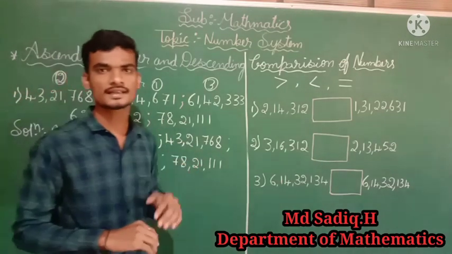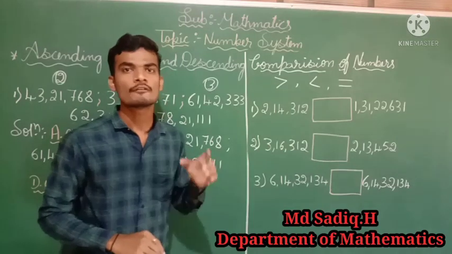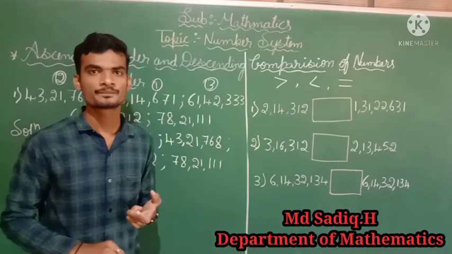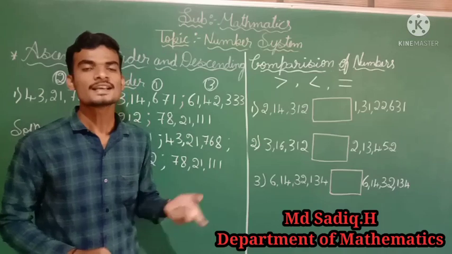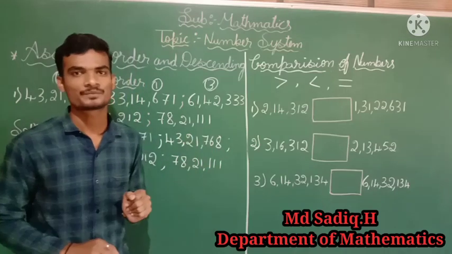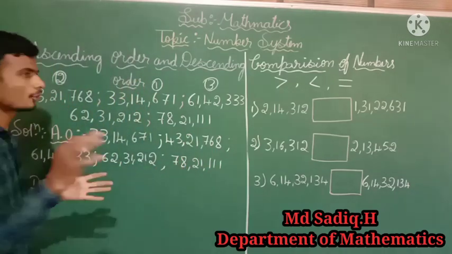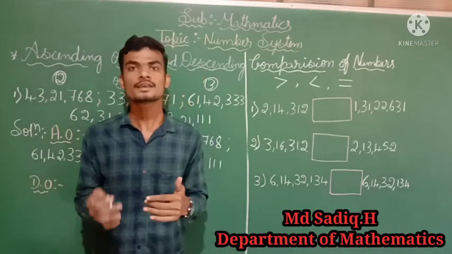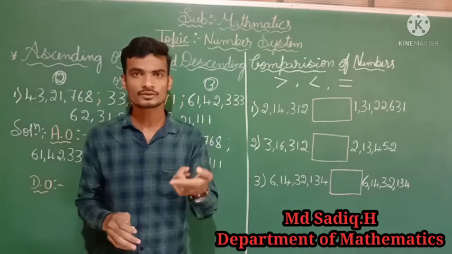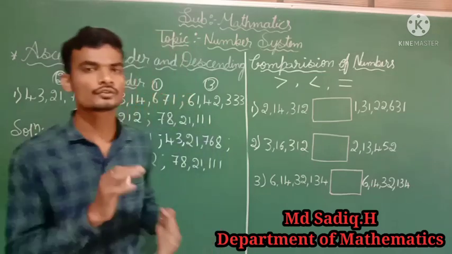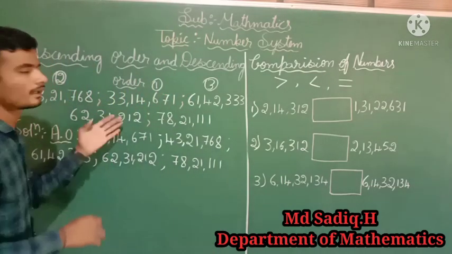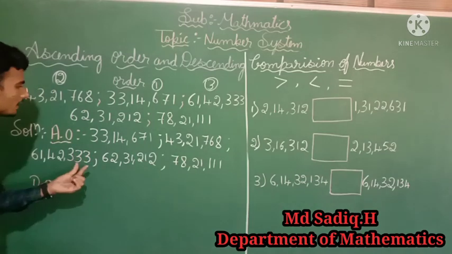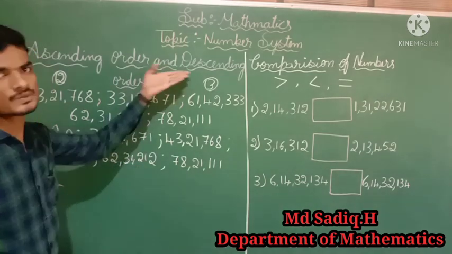How to arrange in descending order? You know that already. What does descending order define? Descending order means bigger to smaller. Okay, very good. I hope all of you are answering my questions. You must answer my questions, then you will be able to write it all. Descending order is bigger to smaller.